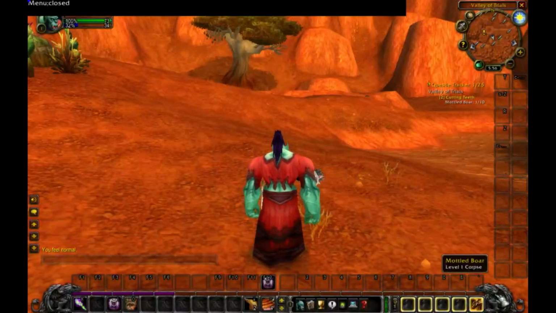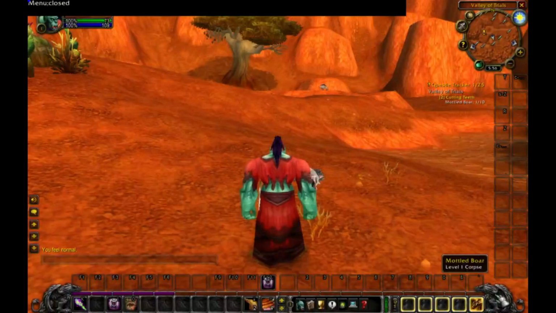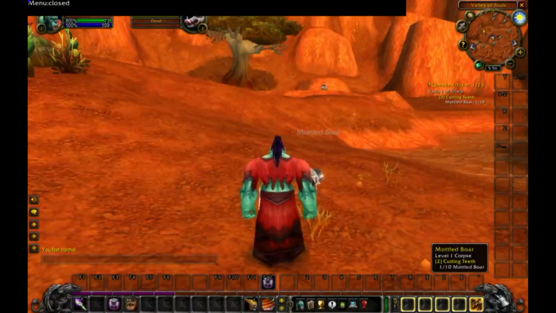Okay, now we killed our first mob, and we target the next one by pressing tab, basically. But now the mob is killed and we need to loot, so we press H to get the last target. Dead mob, level 1. Okay, it's dead, and we now interact by pressing G,